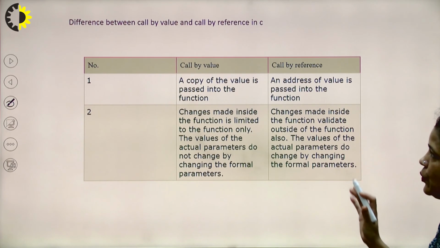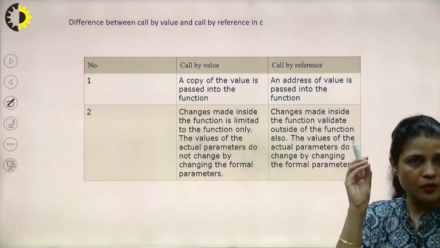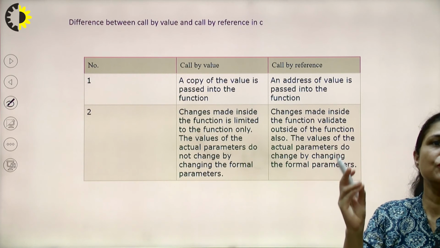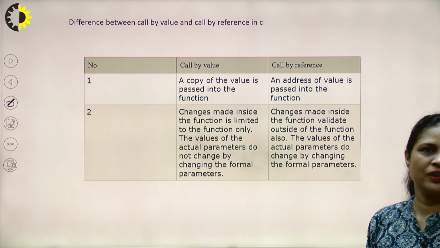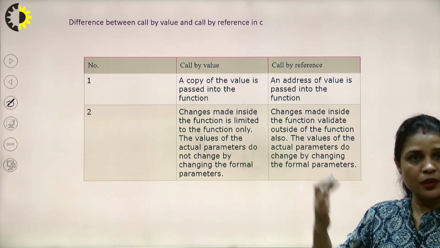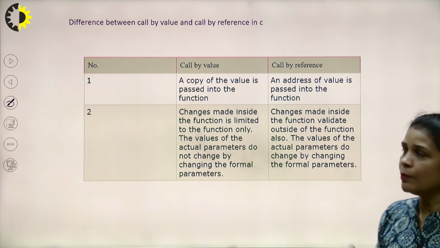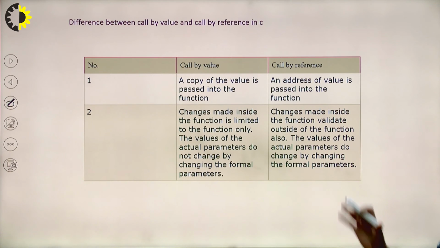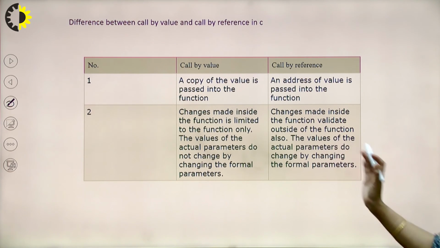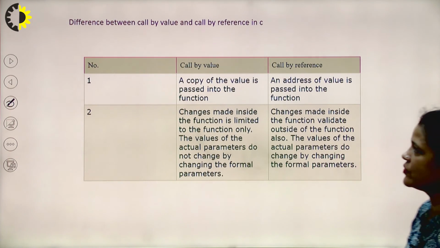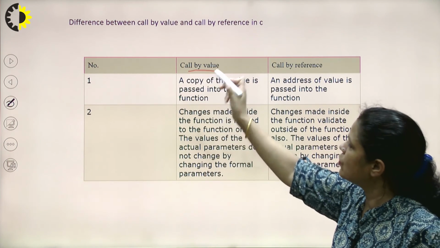Now it's time to pay attention to the difference between call by value and call by reference. Although we have understood what the difference basically is, in this slide we are clarifying it. So in call by value, what is going on?